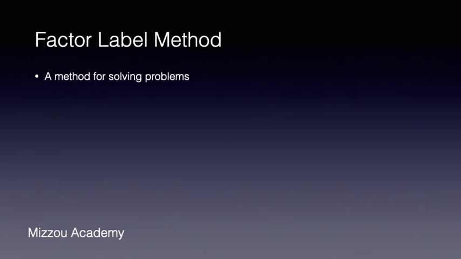It's especially useful for solving conversion problems. Conversions need to be done when we have something measured in one unit of measure, but we need it in some other unit of measure. For example, we may have a distance measured in kilometers, but we need to know how far it is in meters. Or we might know how long something took to happen in minutes, but we need to know how many